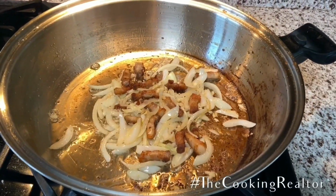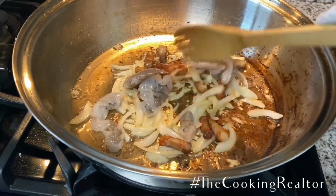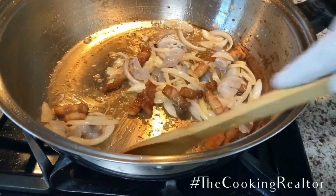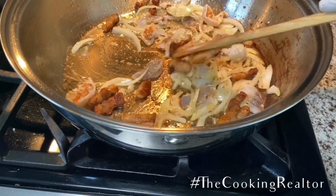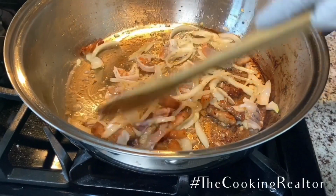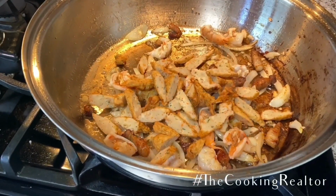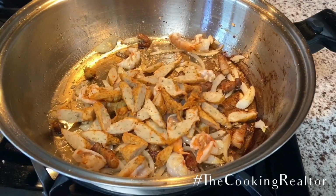And after this, you will be adding your shrimp. It's actually a fresh shrimps here in Hawaii. And then you just have to make sure that your shrimp turns a little bit red, just to make sure that it's fully cooked. So again, you just have to saute this really very well, and after which you can add your fish cake. Your fish cake, you can find it in Asian stores, and this is really a yummy